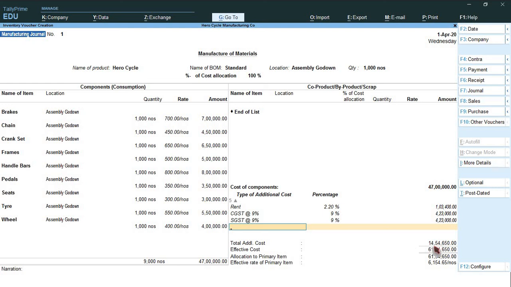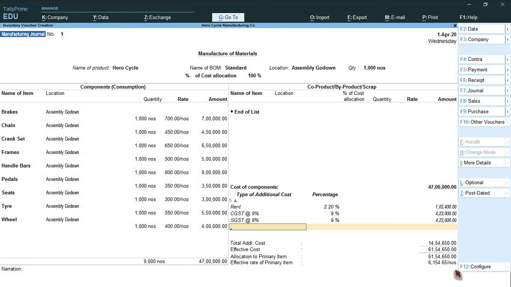That is 14,54,650 is the additional cost. Main cost is 47 lakh. 47 lakh plus 14,54,650, the grand total is 61,54,650. So effective rate of primary item, that means the one Aerocycle cost is